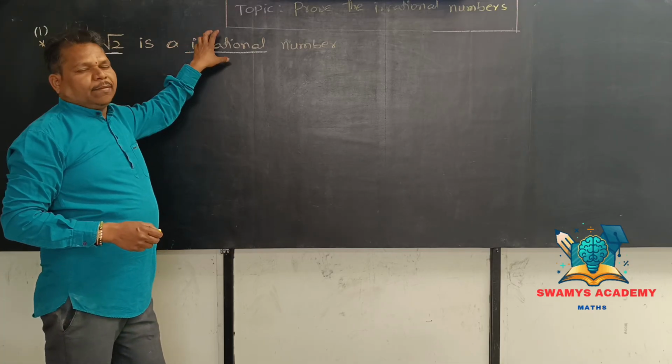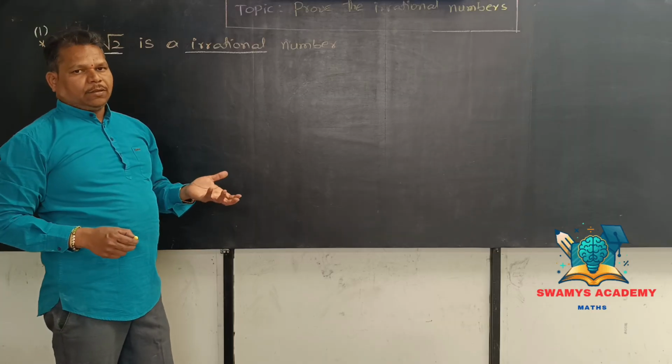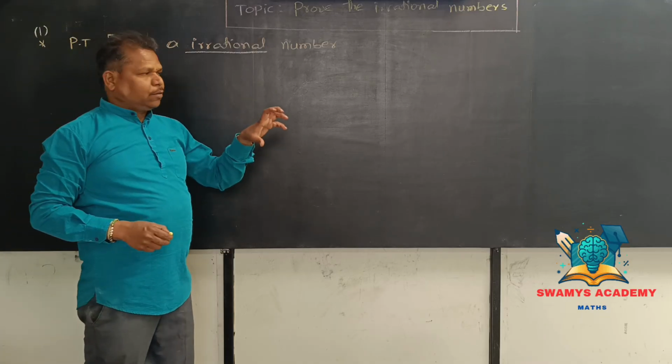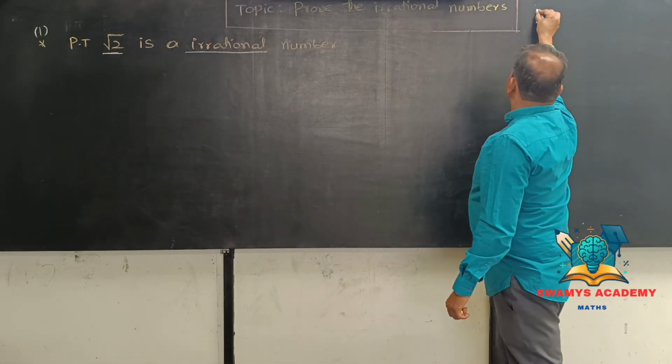An irrational number is not possible to prove directly, so we need to take an assumption. The opposite of an irrational number is called a rational number. So, rational number,